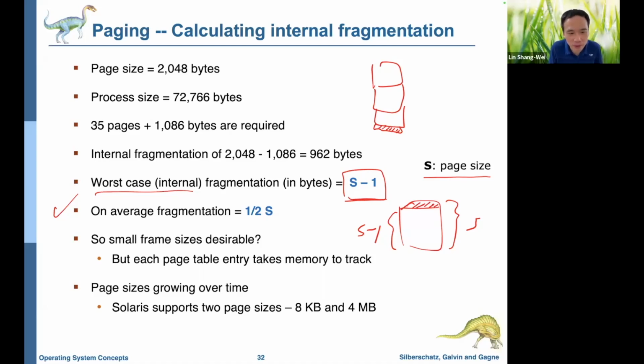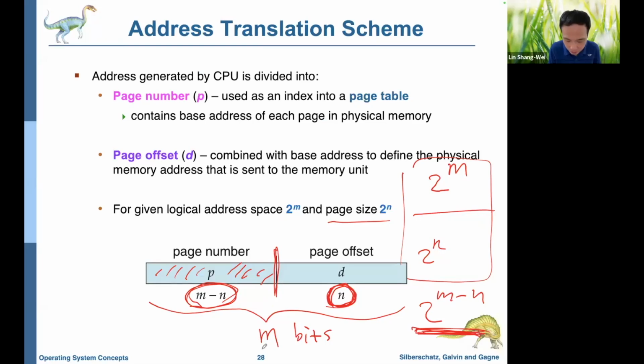Okay, here comes a question. Maybe you'll say, okay, if this is the case, right? If you want to reduce the internal fragmentation, a very naive approach is that we reduce the page size, right? The smaller the page size we have, the smaller internal fragmentation we're going to have, right? Is it? But the problem is that, let's say, if your logical address is fixed, it's n bits, right? If you try to reduce the page size, meaning that this n is small,